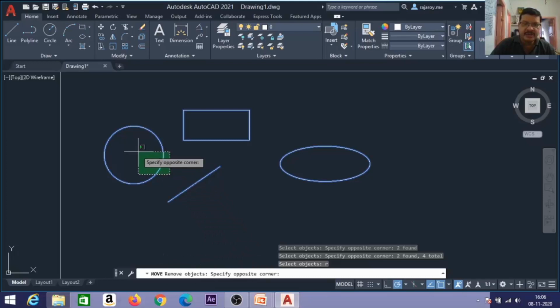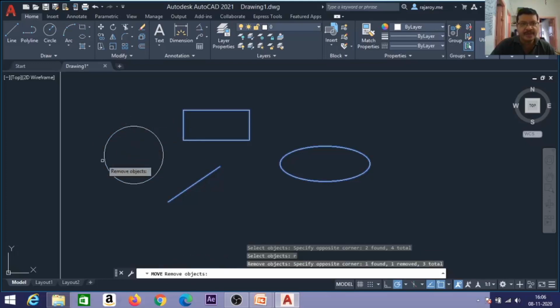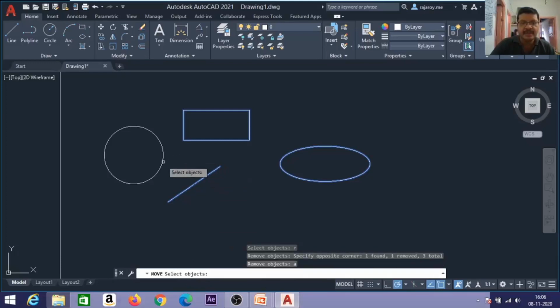Now again you can use crossing or box to remove the circle from the selection set. Okay, now it is removed. Now I want to go back to add objects, select objects. For that you have to type A, enter. Then again you will get the select objects prompt. Again you can select any object you want. Once the select objects process is completed, you press enter.